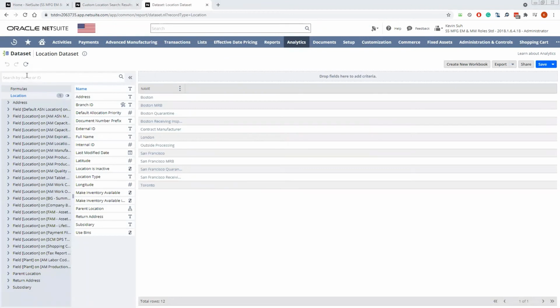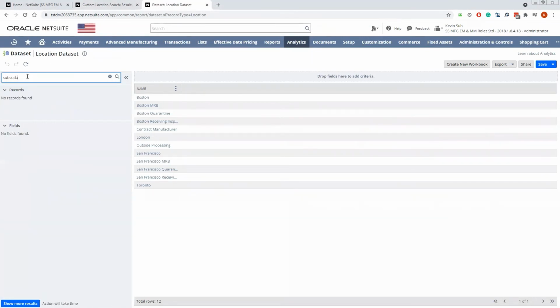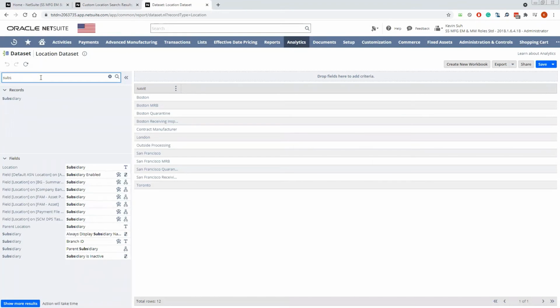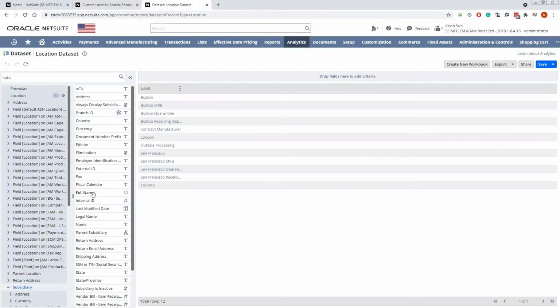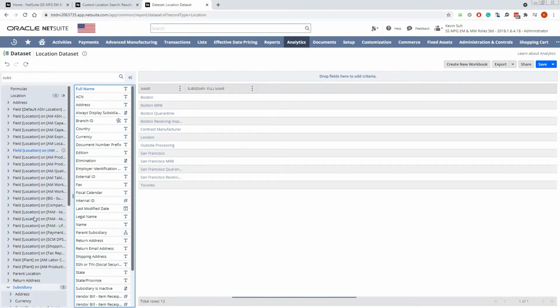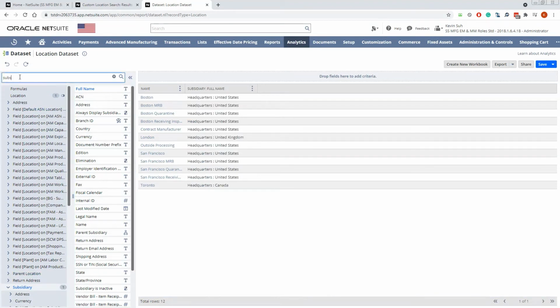Once you're at the location, you can look for a subsidiary. And once you click on the subsidiary, there's a name, the full name, where you can pull it up here, where it'll show you the full hierarchy of the subsidiary. And also another cool thing about this is that you can also